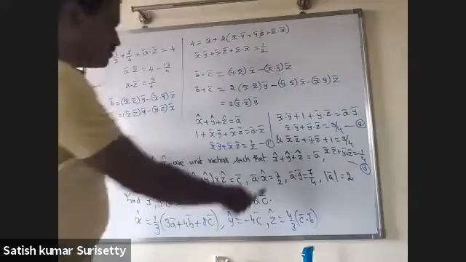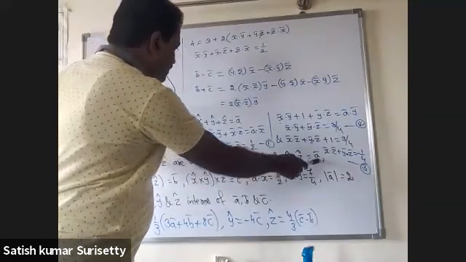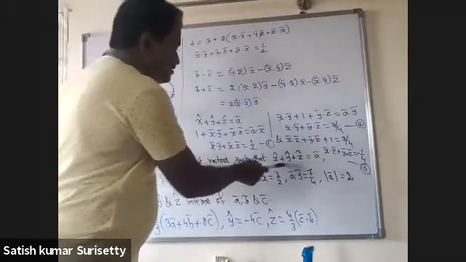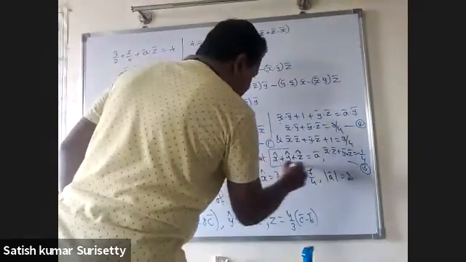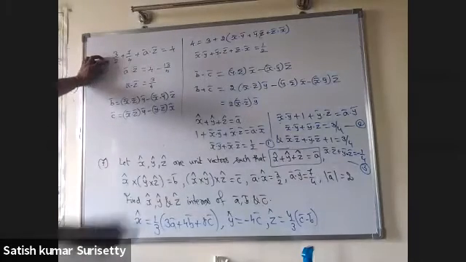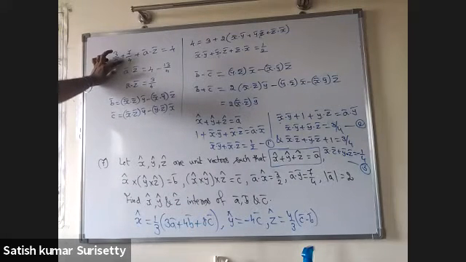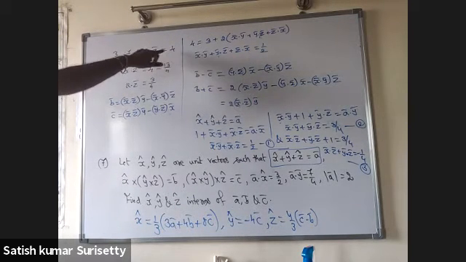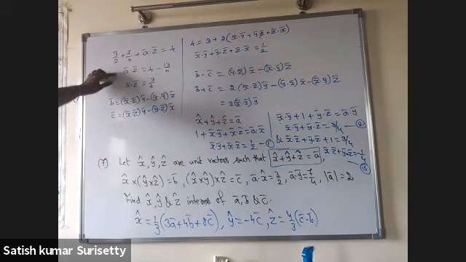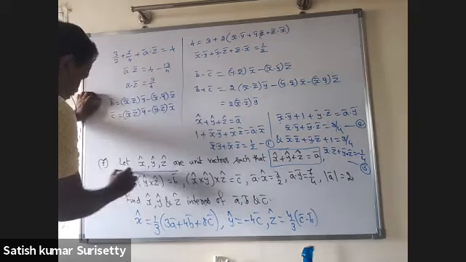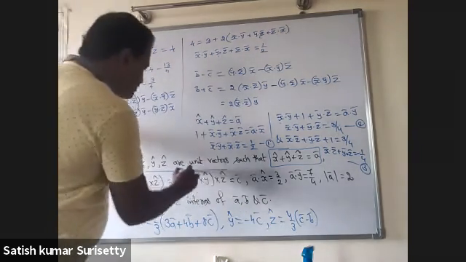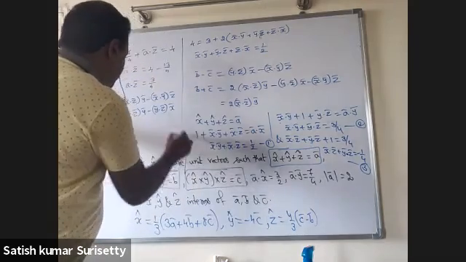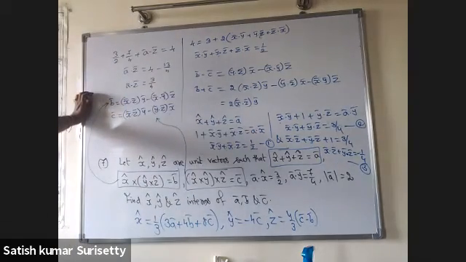So in the seventh problem, x bar plus y bar plus z bar equals a bar. If I take the dot product with a to this equation, then I'll get a dot x, which is 3 by 2, a dot y, which is 7 by 4, a dot z, equal to modulus of a square, which is 4. If you simplify, you'll get a bar dot z bar equal to 3 by 4. And also using the vector triple product, b bar you can write as this, and c bar, using the vector triple product, you can write this. Next.